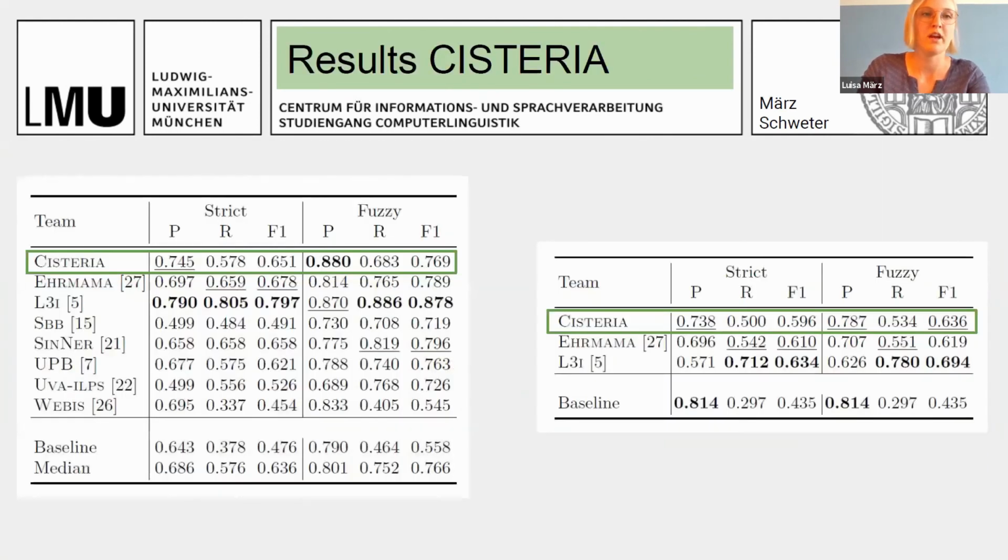And we arrive here in the comparison to the other participating teams. On the left side, you see the literal sense, and on the right side, the metonymic sense. For metonymic sense, we can achieve a good performance in second or third place. And for the literal sense, we arrive at the fourth place on average. And we also found that our precision was very good, but our recall was very bad. So we really would have to work on that.